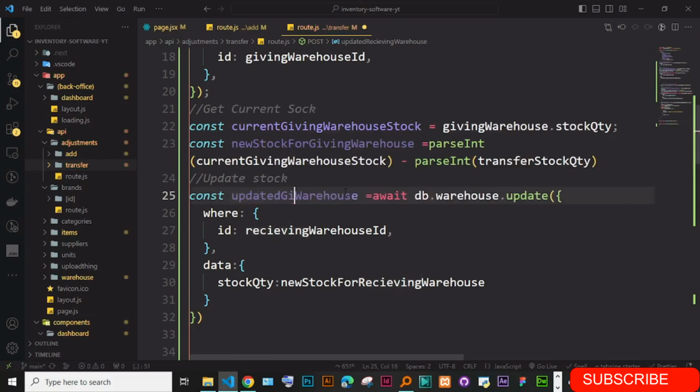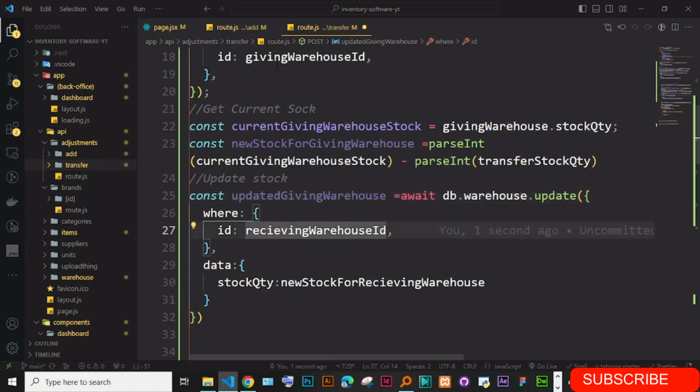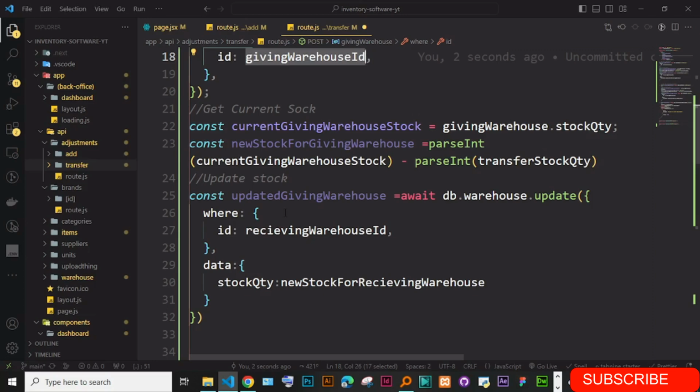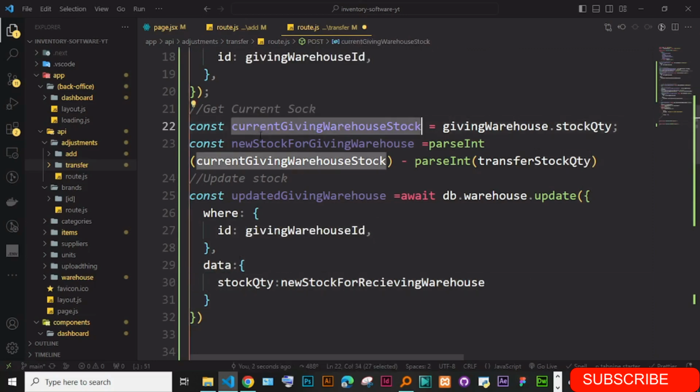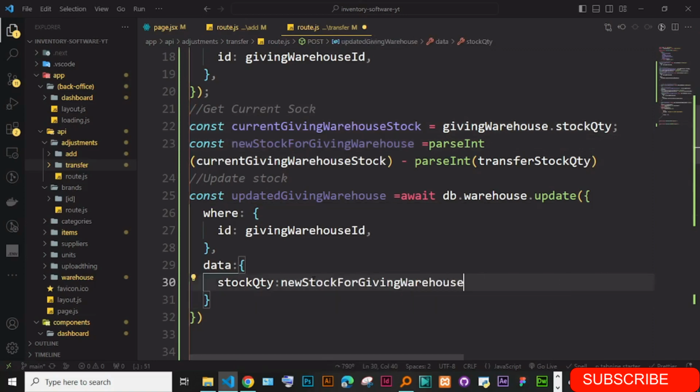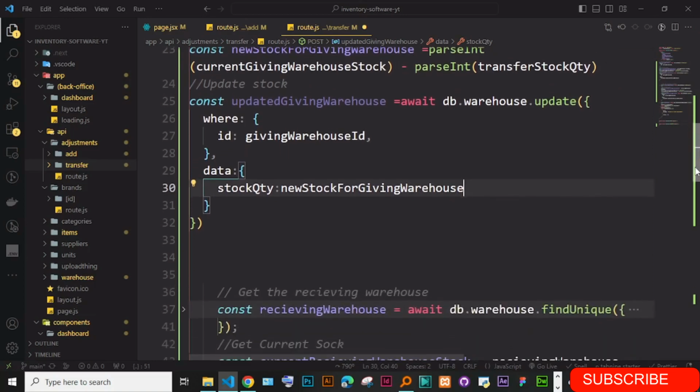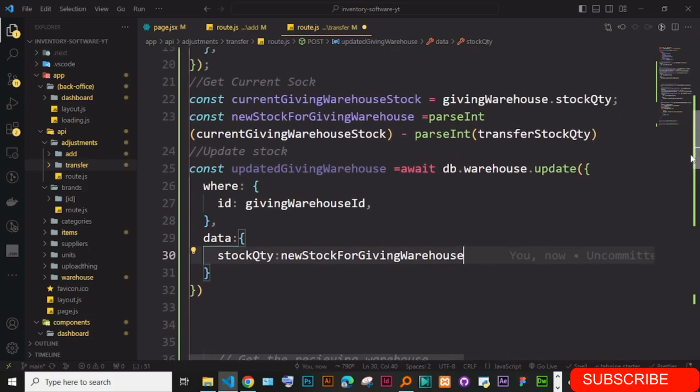Updated giving warehouse is await db.warehouse.update where. So this one is giving warehouse ID. Stock is the new stock for the giving warehouse. So this should be it, but